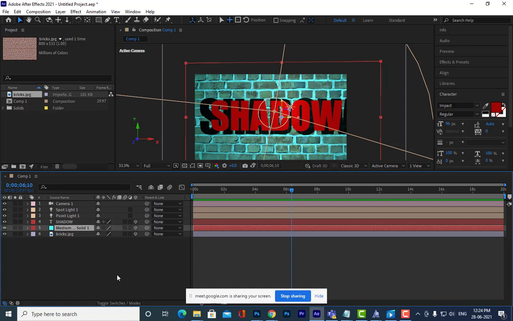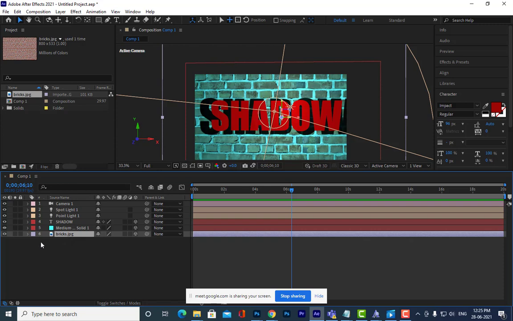Because I have taken a solid layer, the shadow is appearing. So always try to use a shadow with a solid layer, and combine it with another layer, that is this image layer, and use a blending mode so that you can see shadows.